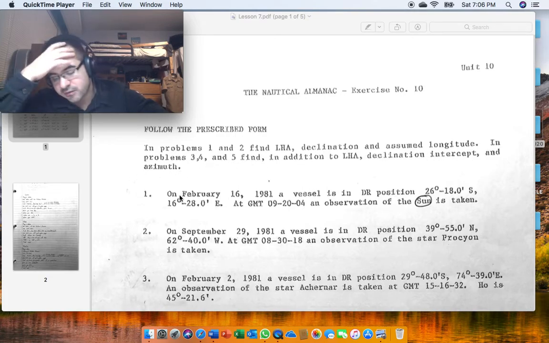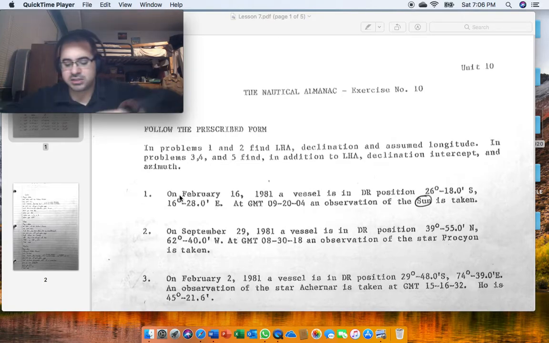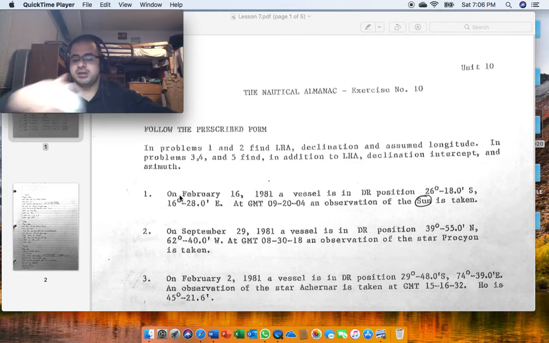It says on February 16, 1981, a vessel is in the DR position 26 degrees, 18 minutes south, 16 degrees, 28 minutes east at GMT 0920, 04 seconds, and the observation of the sun is taken. Okay, so we are,